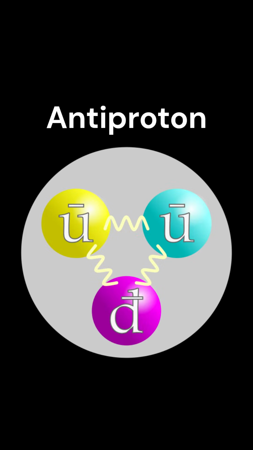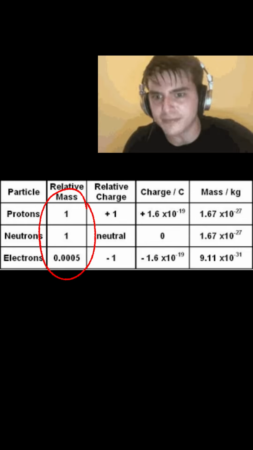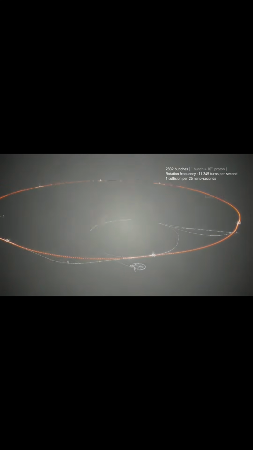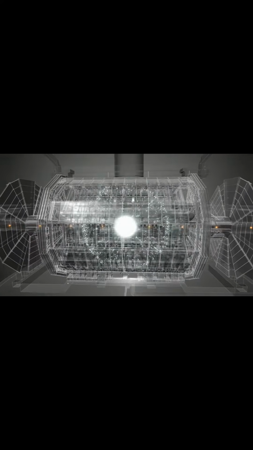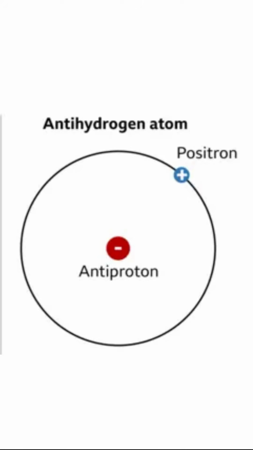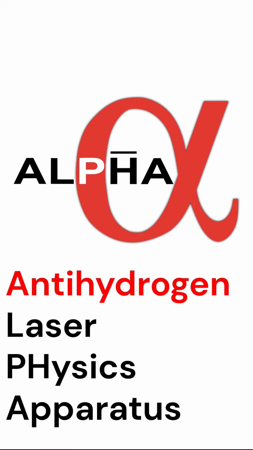Stuff like protons, however, is much heavier than electrons and thus harder to make. In this case, we use the classic method of launching a bunch of really fast and massive particles against really massive atoms, so that due to the sheer energy of the collision, particles are generated. And some of these particles are antiprotons, which we can isolate. In fact, with an antiproton and a positron, we can make antihydrogen, which is actually what the ALPHA experiment is